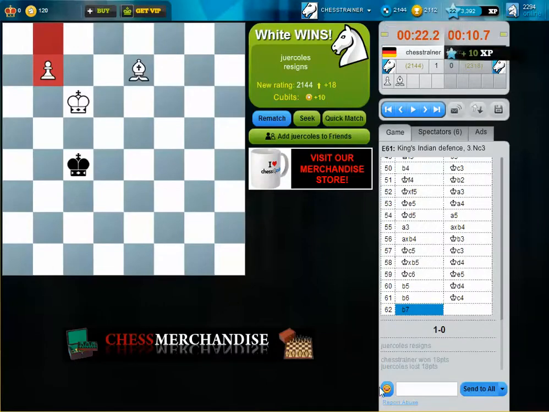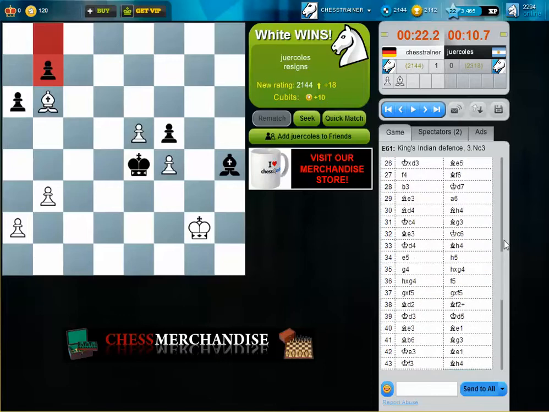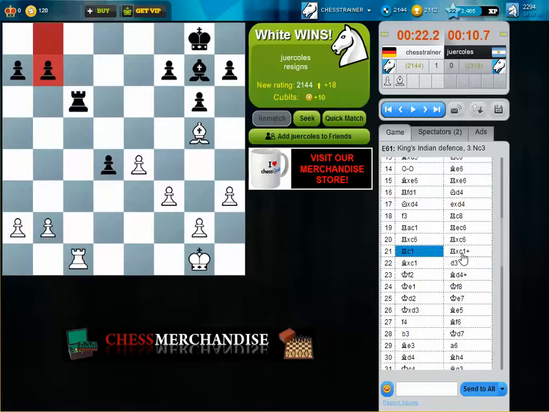Whew! This was a nice time trouble game. So let's take a look. I think the crucial moment of the game was when black pushed his pawn from d4 to d3. Yeah, here we go. So in this position,